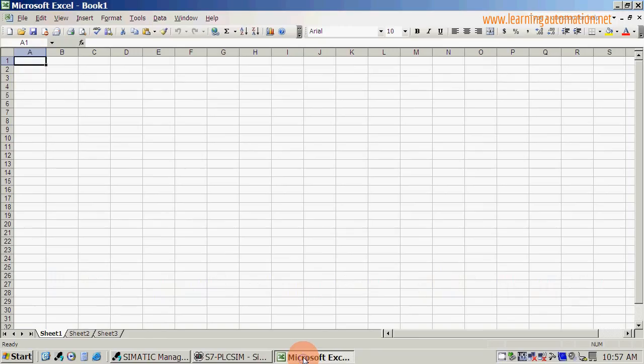In Microsoft Excel, under column A we will enter our symbolic name for our data block. For this example I am going to use error codes or error messages, as if the data block is going to be used for sending error messages to an HMI. This way it makes it much easier. So we enter our symbolic name,